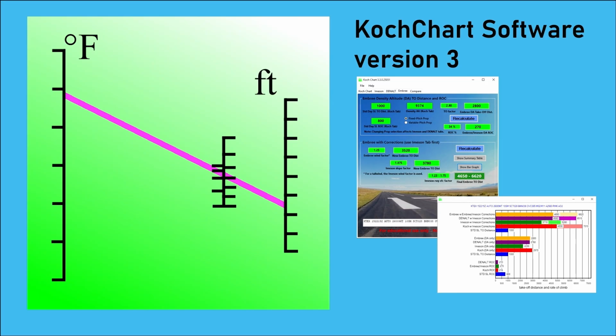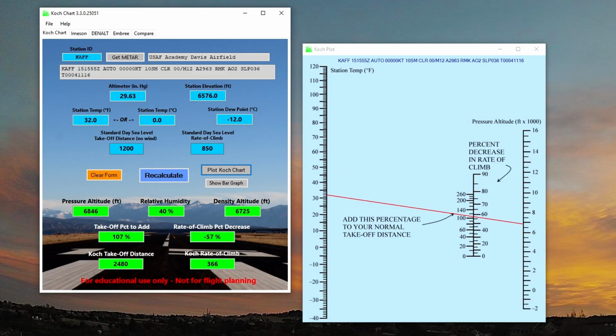It is currently only available for Windows 32-bit and 64-bit computers. Also, it is a standalone executable file, meaning all you need to do is download the file to whatever directory you prefer on your computer, then double-click the icon to run it. There is no installation file. This is what the KochChart software interface looks like, but before we get into running the software, let's review what